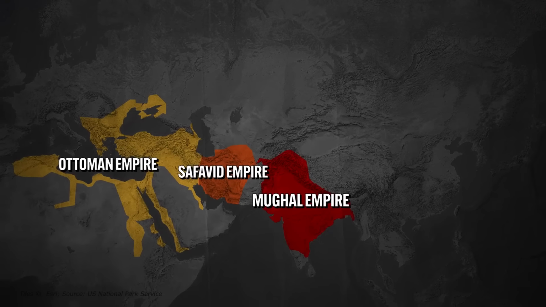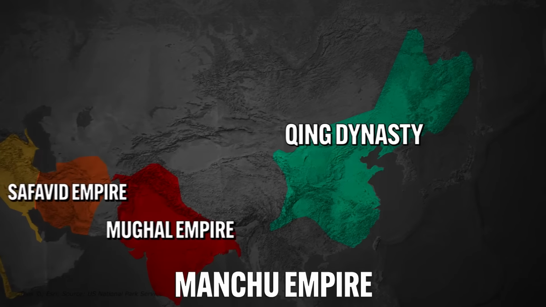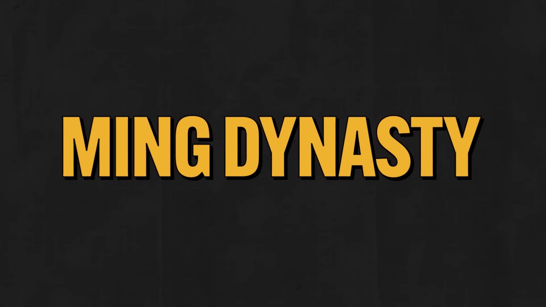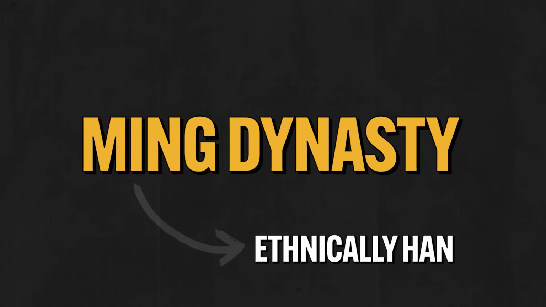And then finally, let me introduce you to the last empire you need to know, namely the Qing dynasty, otherwise known as the Manchu Empire. Now remember that in the last period, the Mongols went ahead and took over all of China and established the Yuan dynasty. But after that fell, we get the rise of the Ming dynasty, and the most important thing to know about them is that they were ethnically Han, which is to say Chinese. And that was a big deal because they got those pesky foreign Mongols out, and then they created a new dynasty with their own people. Like, no more outsiders are going to rule us. Ah, here come the Manchu, which is to say outsiders who are going to set up a new dynasty.